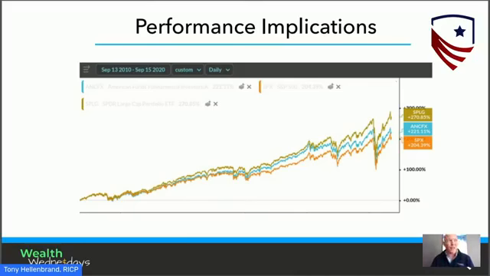Before we get into all this, by the way, I'm not telling you if you own a mutual fund, go sell it. Or if you don't own ETFs, put all your money in ETFs and get into the stock market. This isn't a specific recommendation. We're just going to be comparing and contrasting the differences between mutual funds and ETFs. And some of these numbers are going to be surprising.